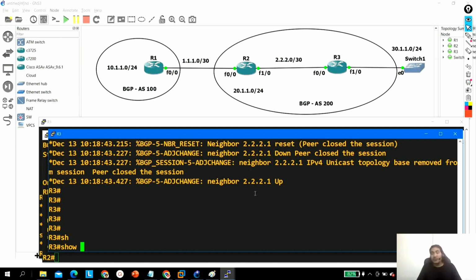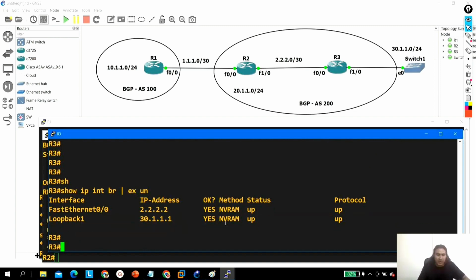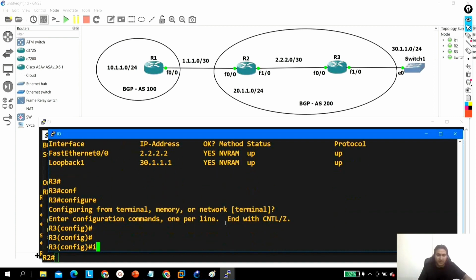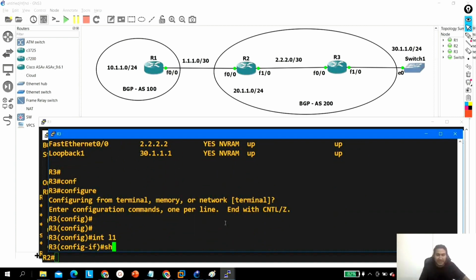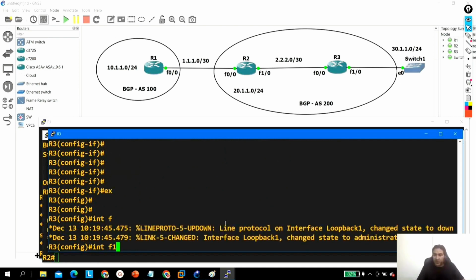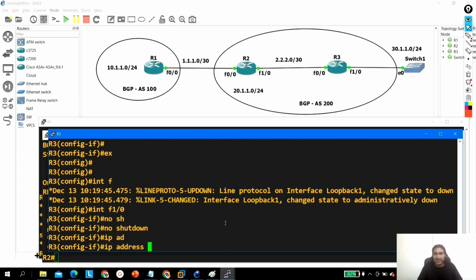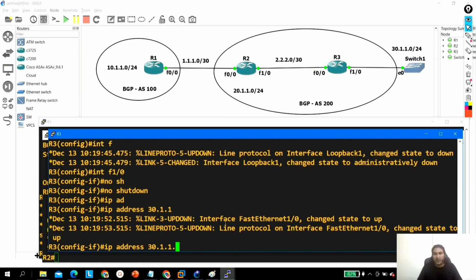So the network will be 30.1.1.1. Okay, so show IP interface brief, exclude unassigned. Here you can see which interface I am running on: the loopback interface. So let me change it, guys. Go to config t, interface loopback 1 and say shutdown. After that, interface F1/0, and here no shutdown, and the IP address is 30.1.1.1